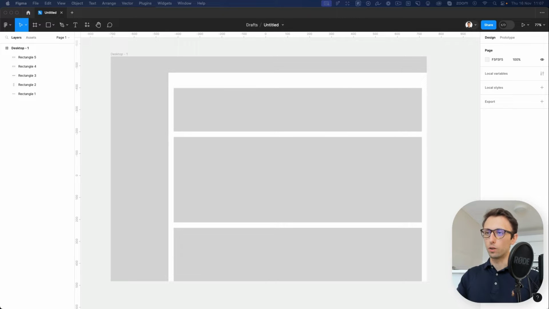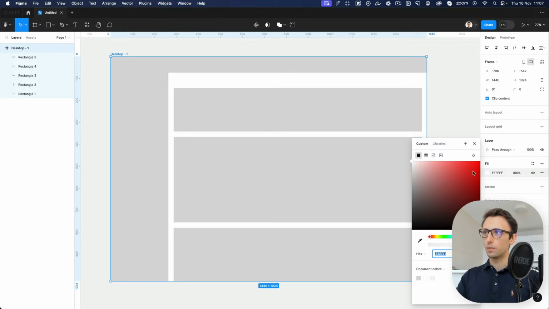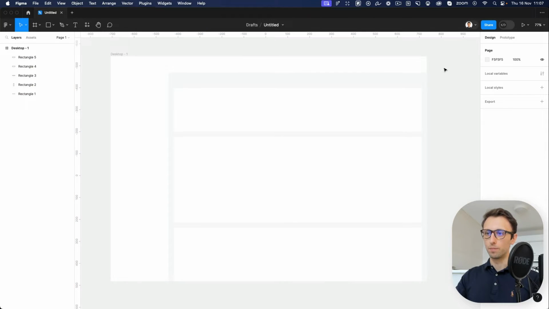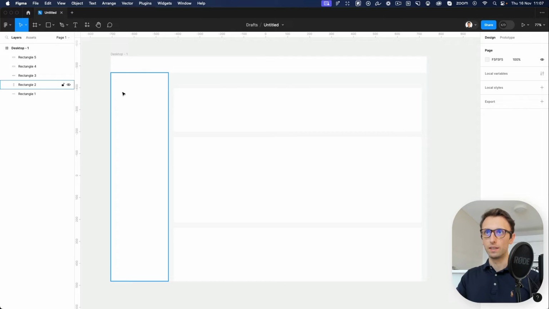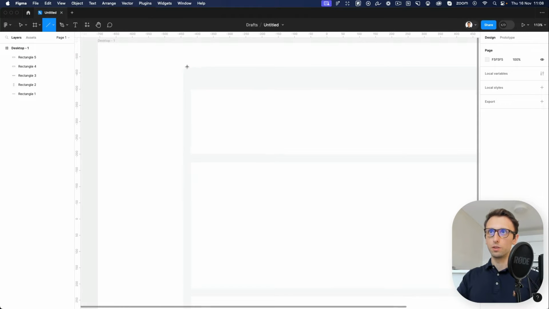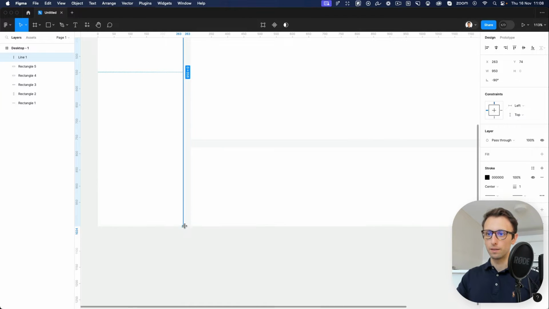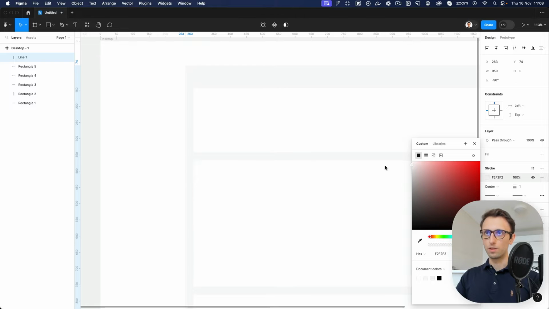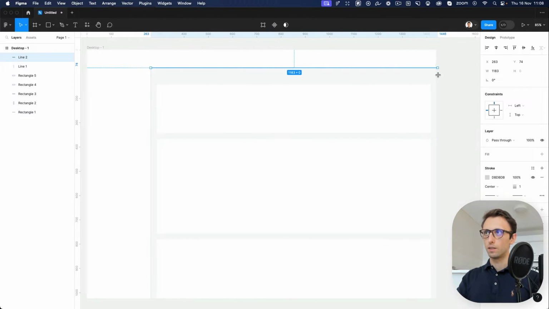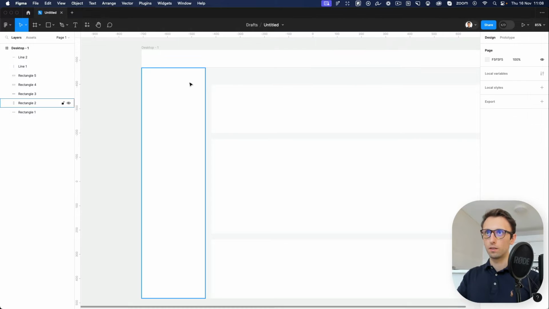Now the very next thing that we're going to do is change the background color to this one right here, FAFAFA, and we are going to make all of these white for the time being. Now, as you can see, we have this slight distinction from the gray background color and the other sections right here, but we need a little bit more visual separation. So we're going to use the line tool, and add a line. Of course, this one is completely black, so we need to tone down the opacity a little bit, and I'm going to duplicate this, bring it over here, stretch it all the way in width,